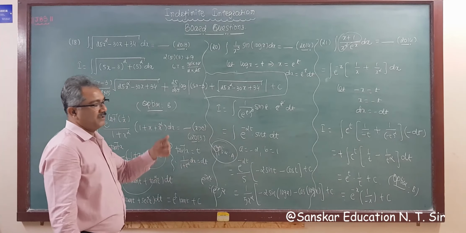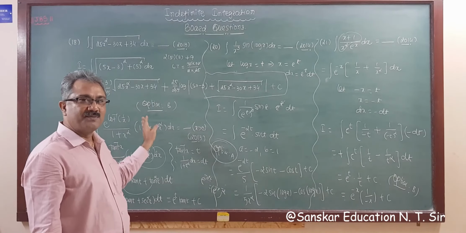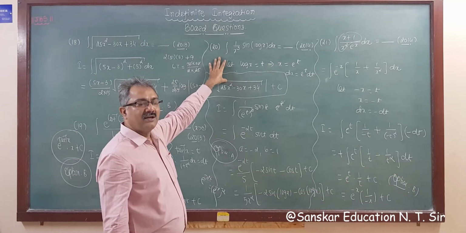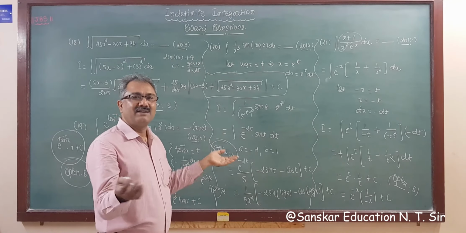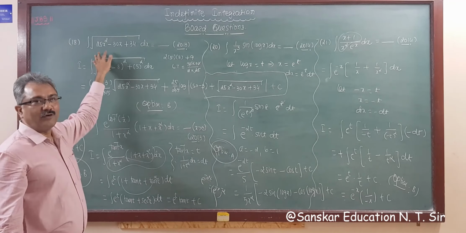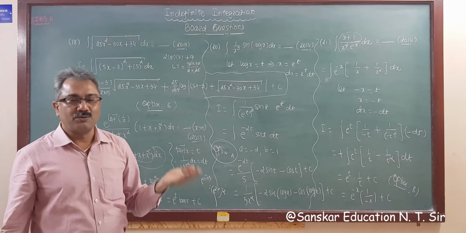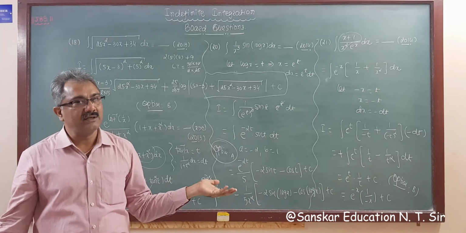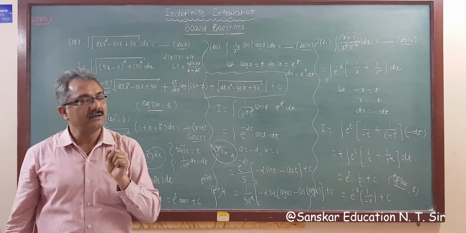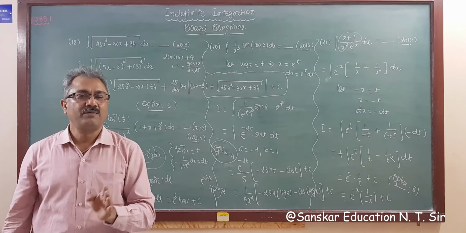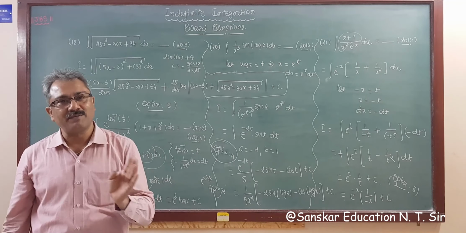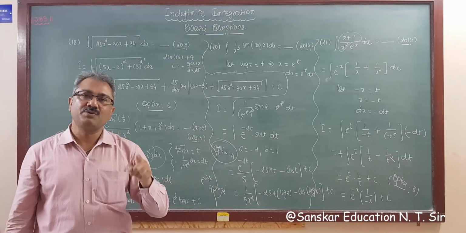As I told you, in the MCQs of this chapter, the e raised to x formula, either e raised to x sin bx dx, this formula, these two will come, and the third is these three formulas: root a square minus x square, root x square plus a square, root x square minus a square. Okay, nothing to do, right? So do practice MCQs more and more for getting full marks. That is in part A. If you want to score 50 out of 50, then do practice MCQs at home. Okay.